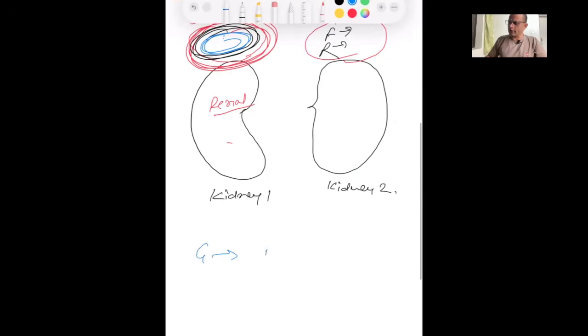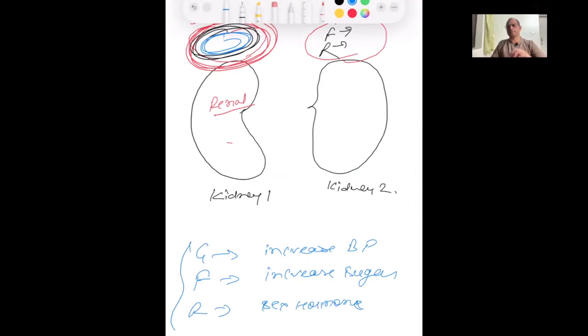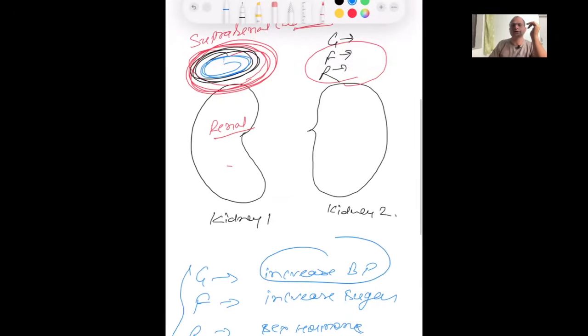G will increase BP, F will increase sugar, and R will increase sex hormone. I will explore this. पहले आपको मैं एक मोटे रूप से समझा रहा हूं कि जो आउटर मोस्ट लेयर है वो बीपी बढ़ा देगी, उसके अंदर की लेयर है जो शुगर बढ़ा देगी, और सबसे अंदर की लेयर सेक्स हार्मोन